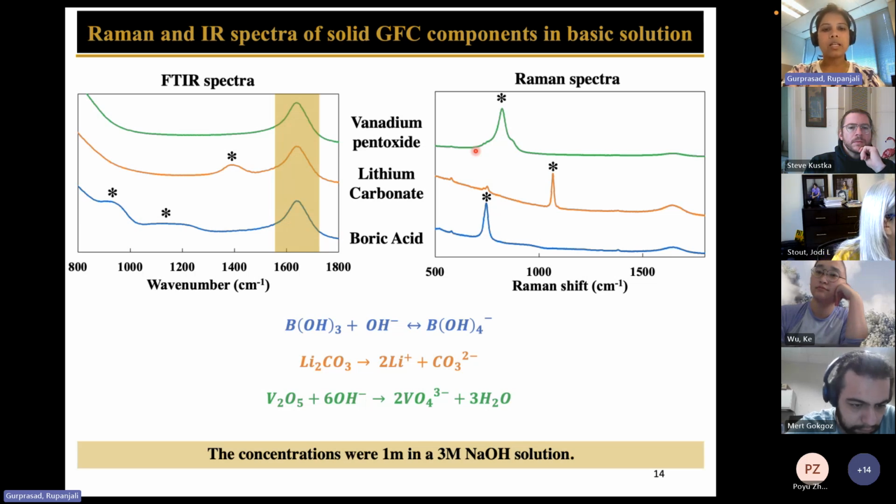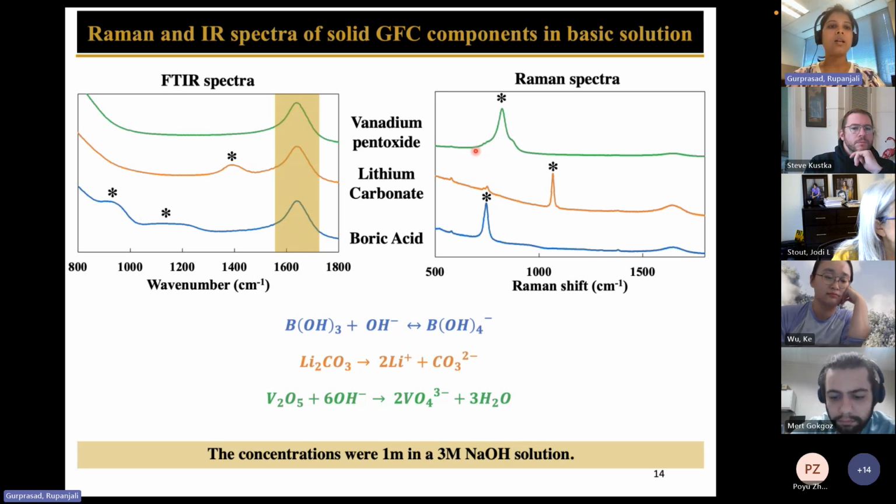But looking at just this data, we realize that there are signature peaks and they are very characteristic of the compound that we're looking at. And that is something that we can then leverage to go back and quantify these compounds using IR as well as Raman. But because this was a solution phase, because they are dissolving in solution, we've relied more on the IR data to quantify the dissolved anions.